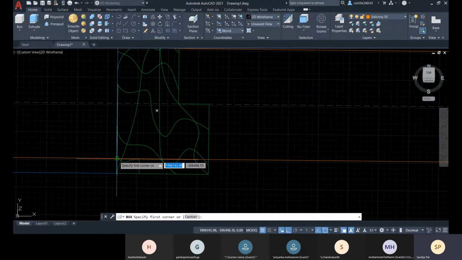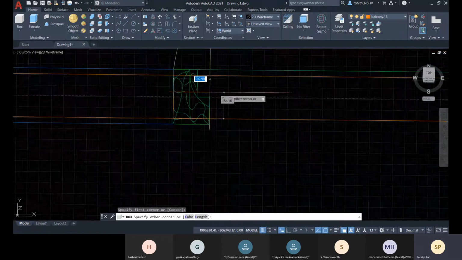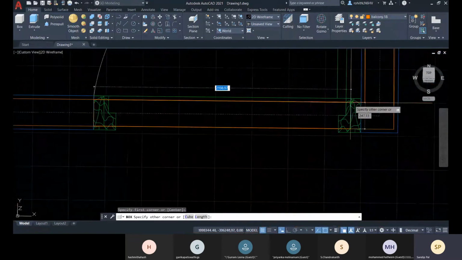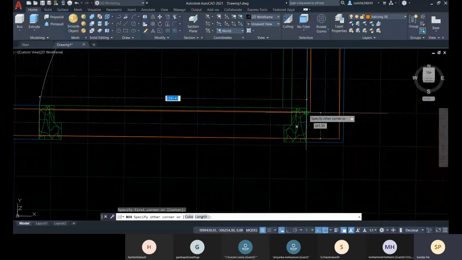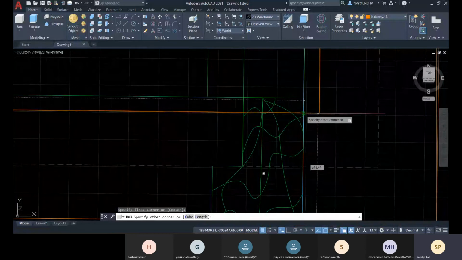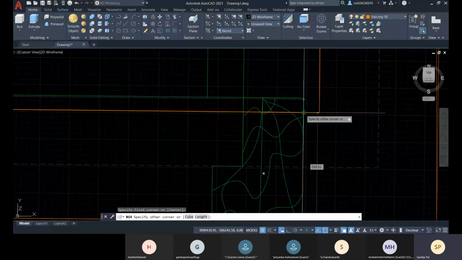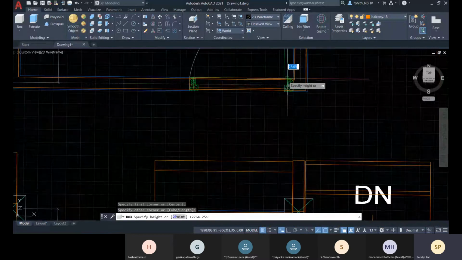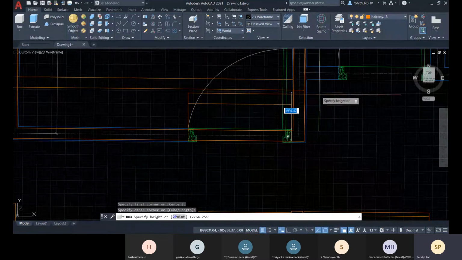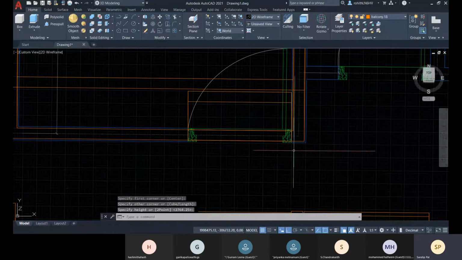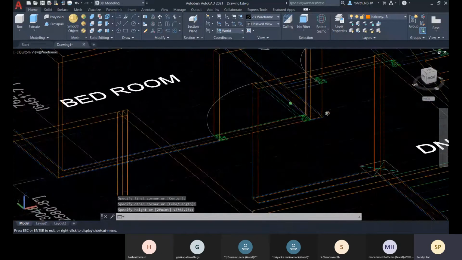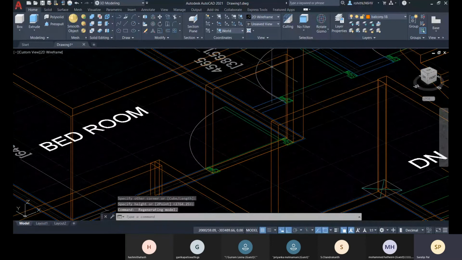I will be creating this box. That's because this is the thickness for our wall. Okay, and I will give the height like 2100. Okay, I'm giving it, and there you can see, right?